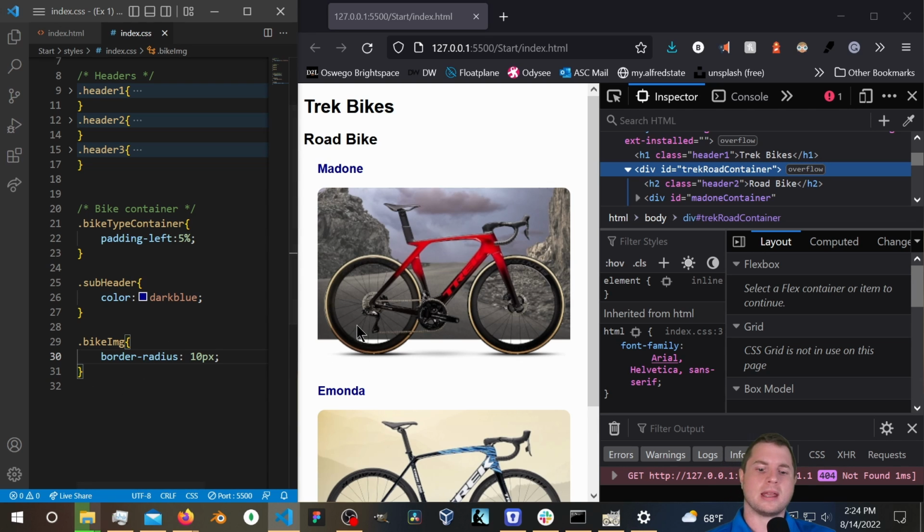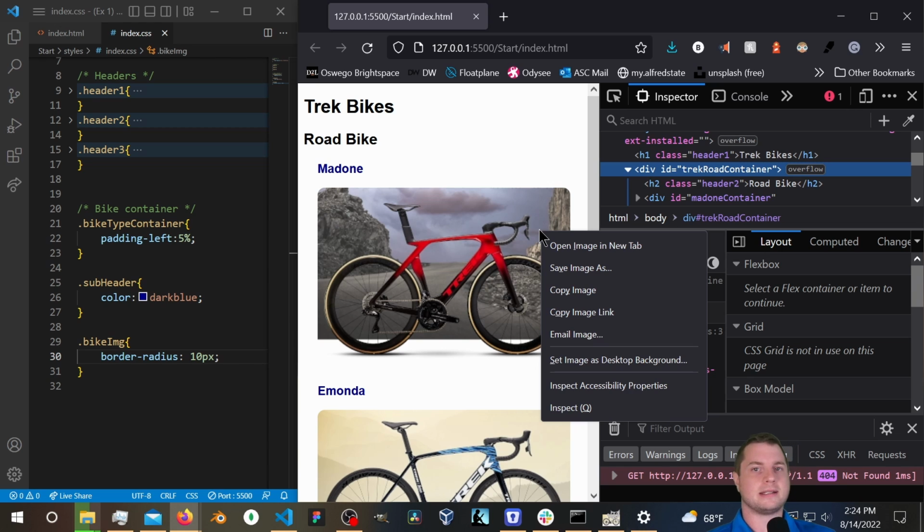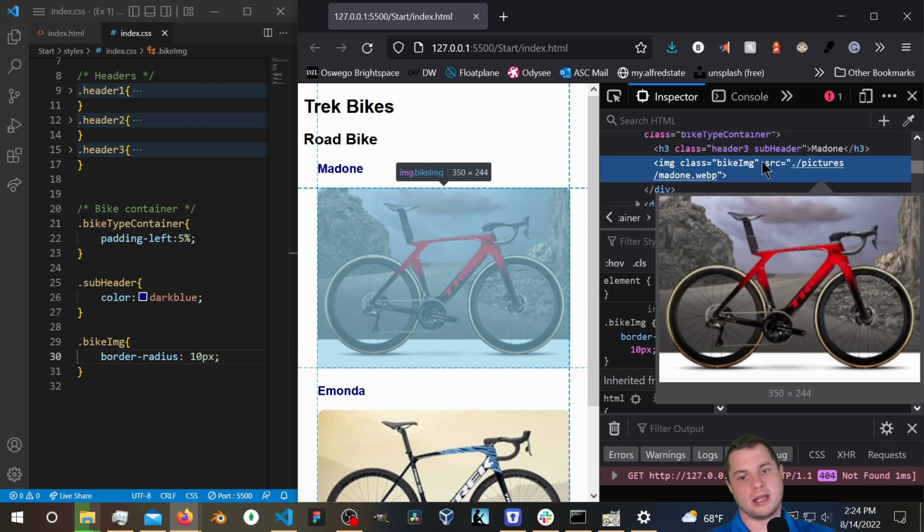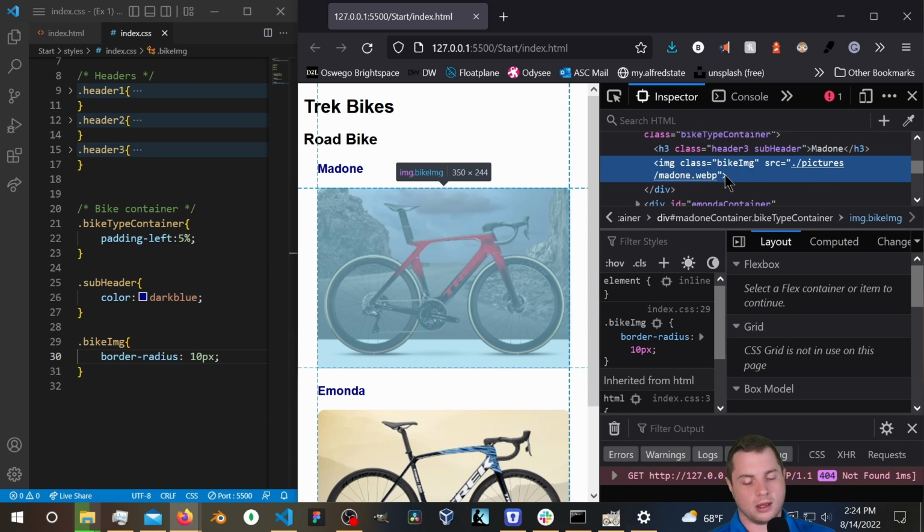So there's 10 pixels. Now, with that said, let's say I don't know where this image is in the DOM. If I right click on it, come over to inspect, it will take me to where this object is located. Caveat. That inspect is only going to take you to the location of the thing that it actually interacted with. So in the web world, there is a concept of what is Z index. So you can have multiple things stacked on top of each other. And if they are invisible to the user, so they can see the image, but let's say there's conceptual things on top of it, it'll take you to the conceptual thing, which can be annoying at times, but